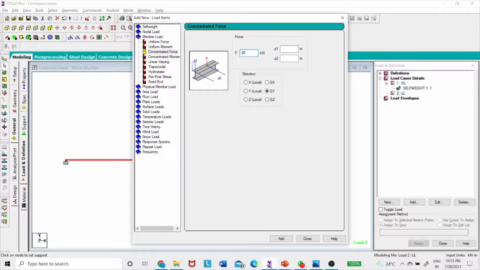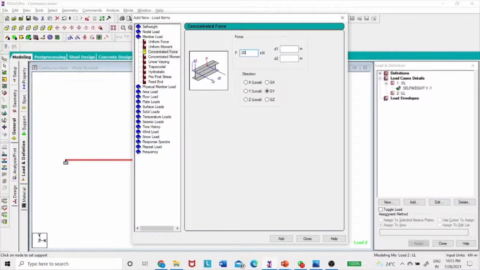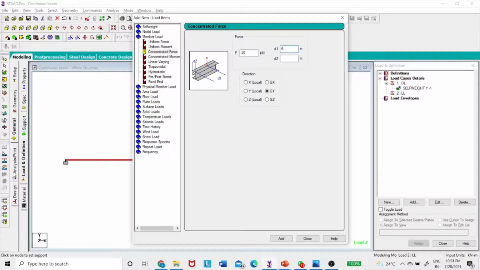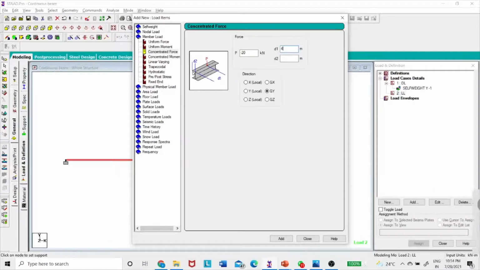If I go back and check the problem, from A it is 4 meters. So for the D1 distance, I have to give 4. And D2 is in the width direction. If any eccentricity is there, you can mention D2. But in our case, the load is acting at the center in the longitudinal direction, so you need not give any value for D2, and press add.